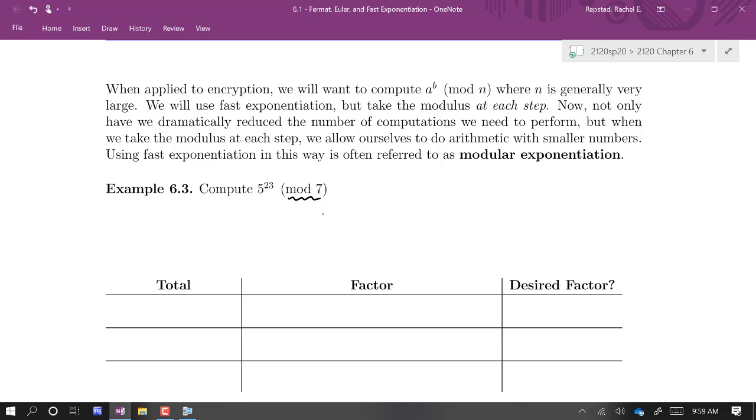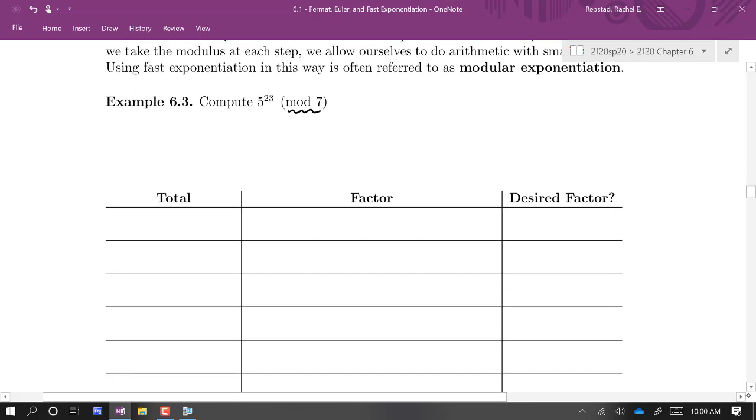Now, what's really convenient about this is that if we're computing 5 to the 23rd power mod 7, for example, I could just reduce mod 7 at each step of the way. So my numbers will actually stay relatively small. I'm reducing mod 7, so every calculation, the result is going to be between 0 and 6. That helps make it a bit more efficient, or at least we don't end up swimming in a sea of digits. So we're going to compute 5 to the 23rd, and the first step is you write that power